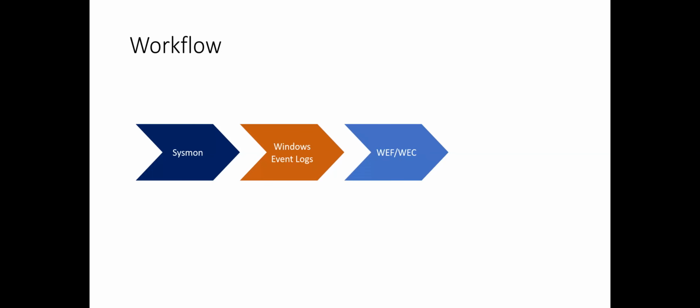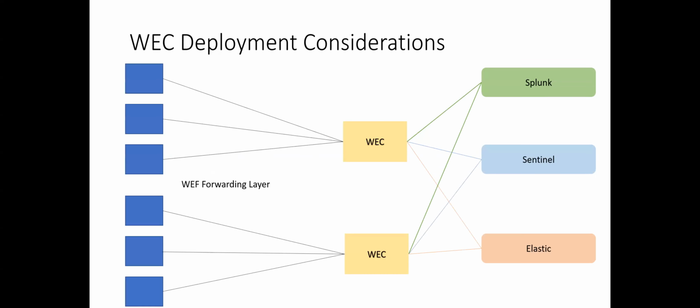Okay, so this is the workflow. Basically, Sysmon, if you want to install it, will be there. Then everything goes to Windows event logs, and then everything goes to WEF. And then this is what I was talking about earlier. This is the actual reason why this is a great architecture, because it lets you take the endpoints on the left